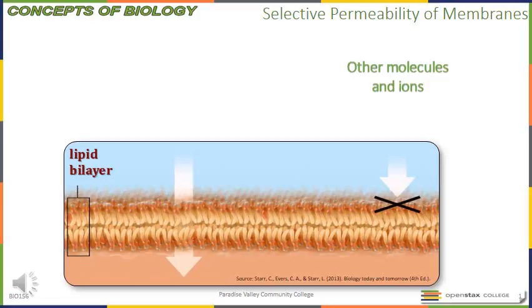The other depiction in this is where it's showing other molecules and ions. Sometimes they are too big to just readily slip right between those phospholipids, so they need some extra help. It's not a passive process. It's an active process where they're going to need some help from these proteins that are embedded in the lipid bilayer. If there are no proteins available to help the larger molecules go from the outside to the inside, or inside out even,